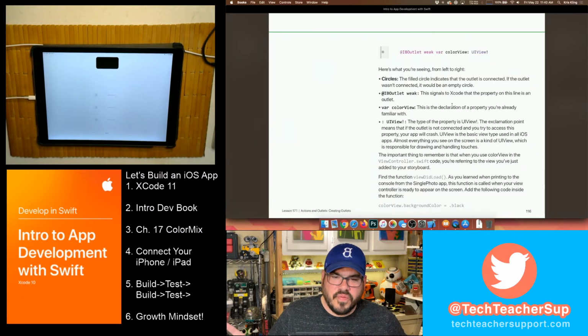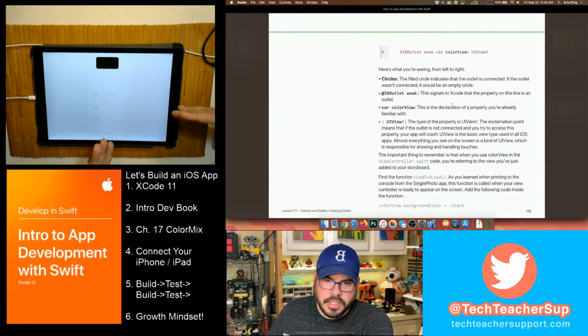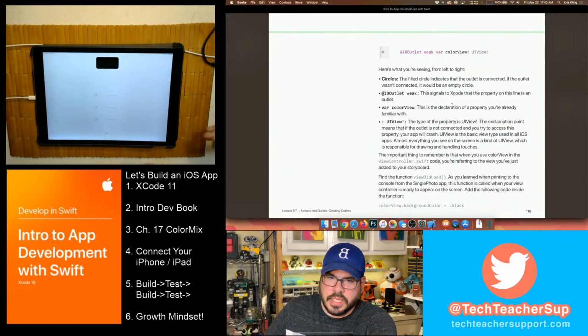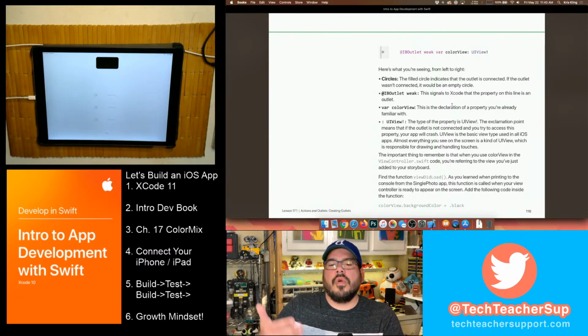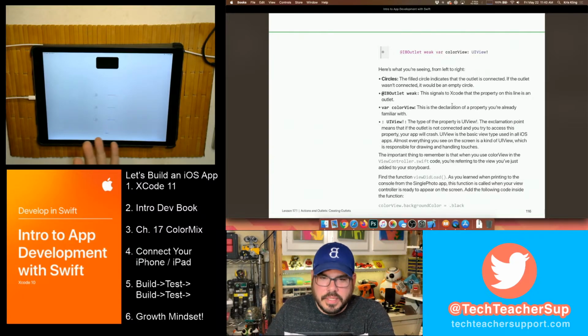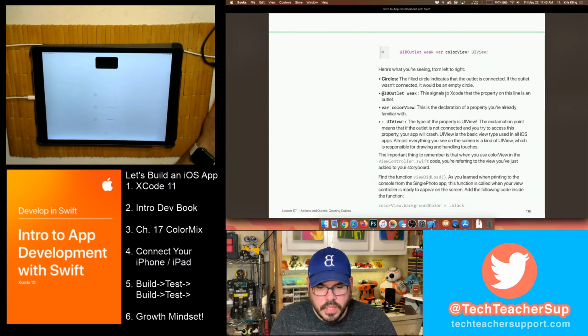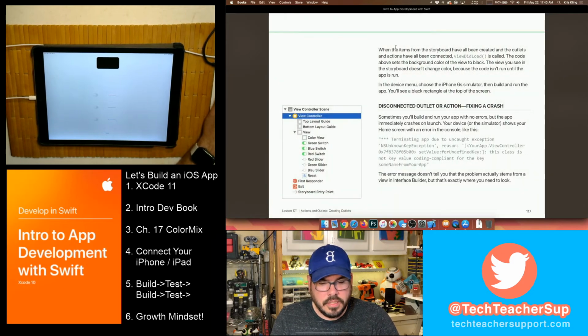So remember, number 5 over here is we're going to do some building, then we're going to test it, then we're going to write some more code and test it. You don't want to do the whole app all at once before you test it, because there may be a problem way back in like step 2 and you're going to have to undo everything. So always just build a little bit, test, build, test, and that's the loop we're going to get in here. So I'm going to go to the next page, and then it says,